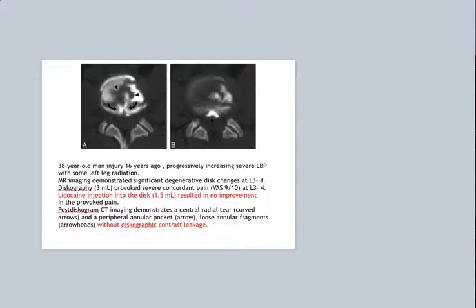the provoked pain. Post-discogram CT images show a central radial tear and a peripheral annular pocket, which is shown here in the windows, and loose annular fragments, which are shown again here by the arrowheads. Now these fragments have to come out. So a post-discogram CT shows a central radial tear and a peripheral annular pocket with loose annular fragments without contrast leakage. Therefore, because there is no leakage, injection of lignocaine did not cause any improvement of the patient's